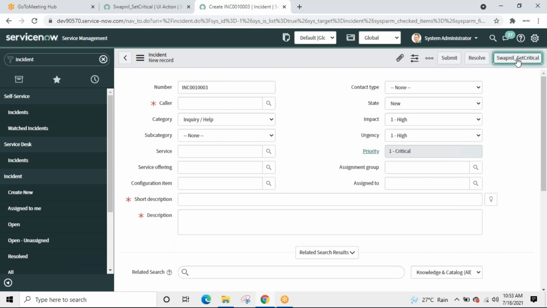Yes. See, it works fine. Correct. Whatever we do with g_form, we can do it using a UI action because it's a client script. Okay. So yeah, that's how it is.